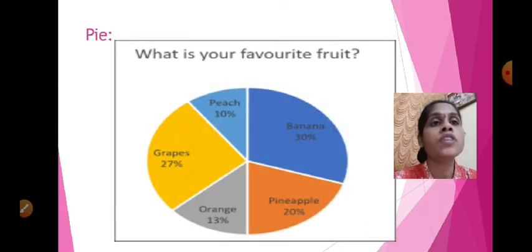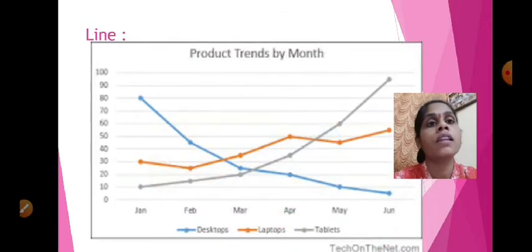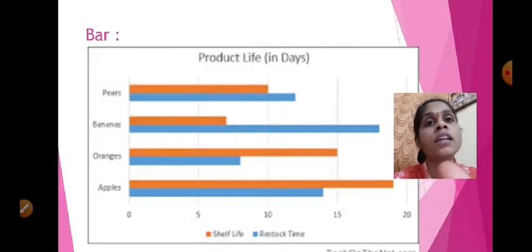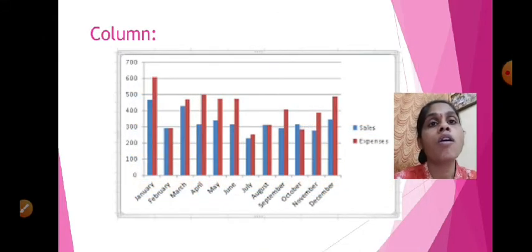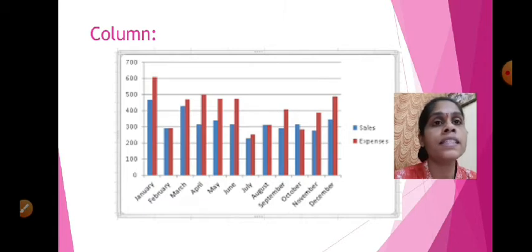So these four types of charts we have to see in Excel. This is your pie chart, line chart, bar chart, and column chart. All these charts we have to learn in this chapter. Which chapter is this? It is your third chapter. First chapter completed. Second chapter is about Excel only. Third chapter is again about Excel, and then we will complete our fourth chapter, which is about HTML. This way we will complete our term 1 exam. Whatever materials you need in term 1 will be completed here.